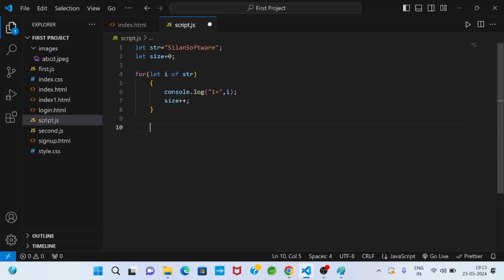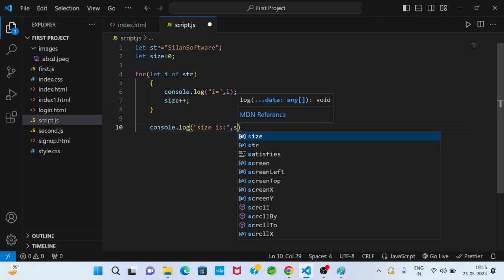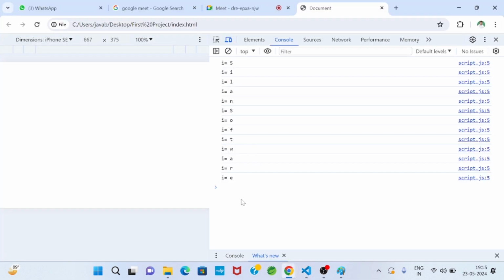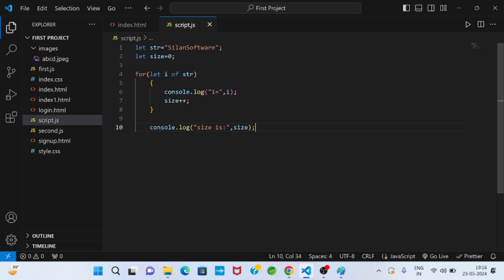After the for loop I will write console.log size is the value of size, control S. I will do the refresh. Size is 13. So the number of characters present in the string is 1, 2, 3, up to 13. So I can say it is the length of the string.